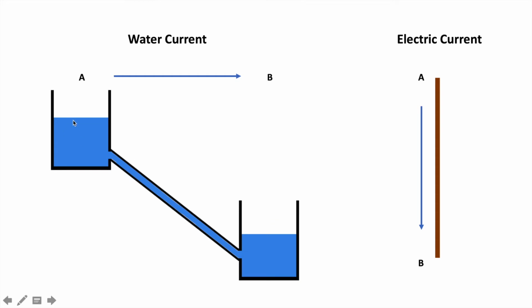Here you can see a difference in height between tanks A and B for the flowing of water. Basically, the difference in height means the difference in potential energy. This difference in potential energy creates a force here and it allows the flow of water from tank A to tank B. In the same way, there should be a difference in potential energy in the case of a wire for the flowing of current. The difference in potential energy which makes the current flow is known as potential difference. This potential difference creates a force here and it allows the movement of charges through the wire.